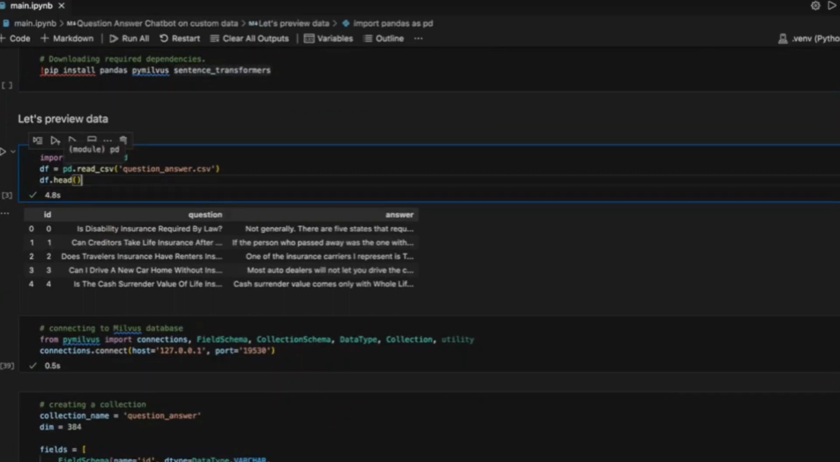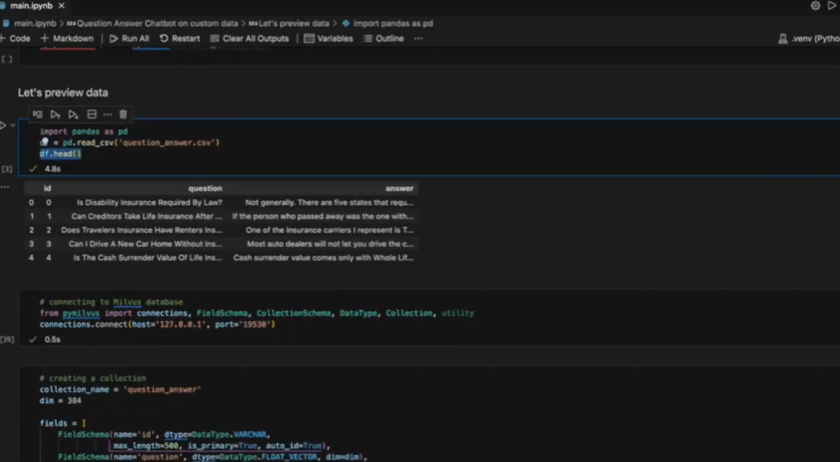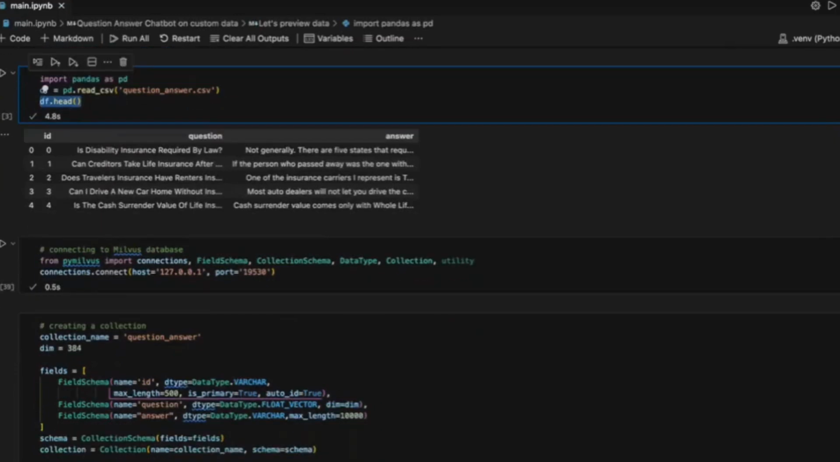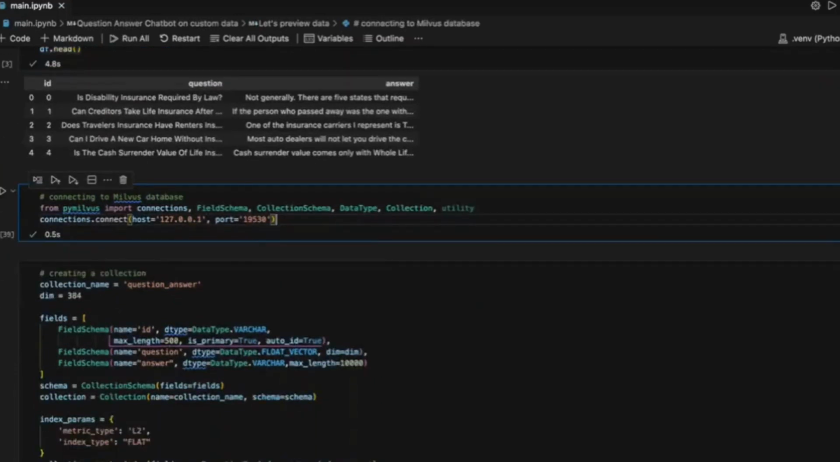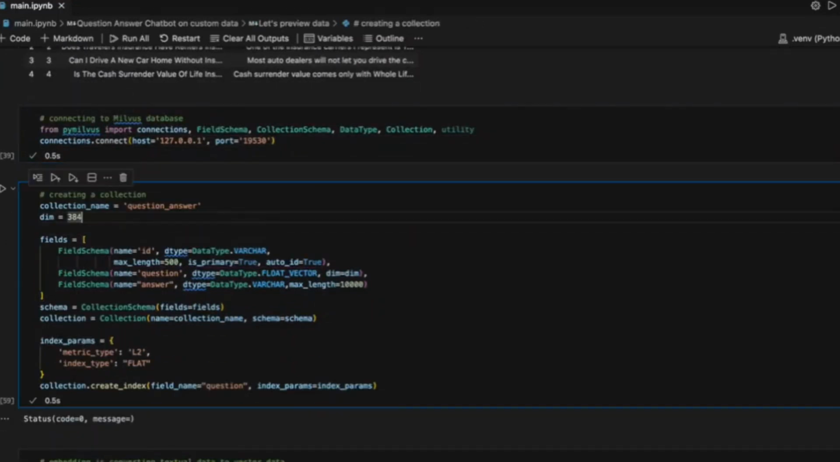loading the Python pandas data frame and viewing its content. Right. So here we can see in this dataset we have question and the answer. So the question is this and the answer is this, and in this line we are establishing the connection with the Milvus database. I have the Milvus database running on my local machine, so it will connect to that database, and this